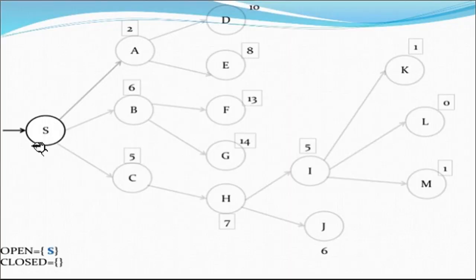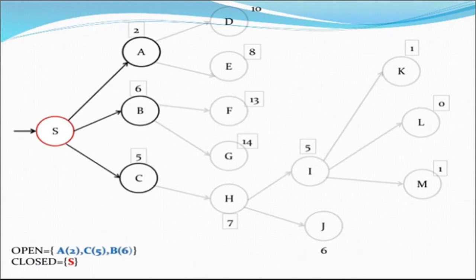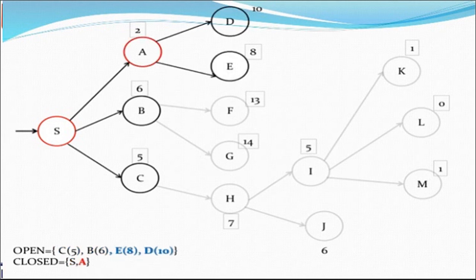I'll just go through it in short. The initial node S I put in the open list. A, B, C are its successors, its children. I put the children in open, and from open I remove S and put it in the closed list. The children go in sorted order. So take the best possible choice, that is A. I put A to S and explore its children, that is D and E. Put D and E in open, in increasing order.